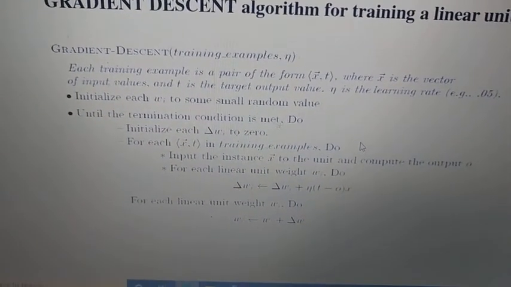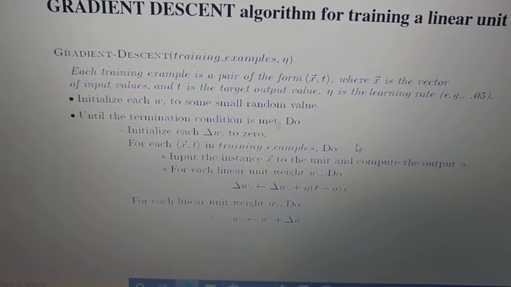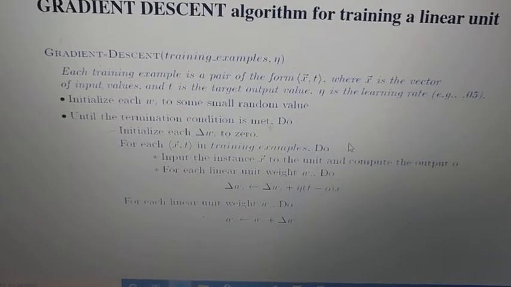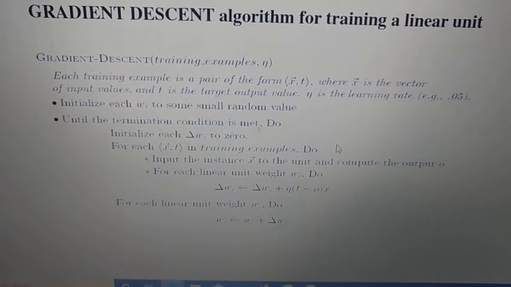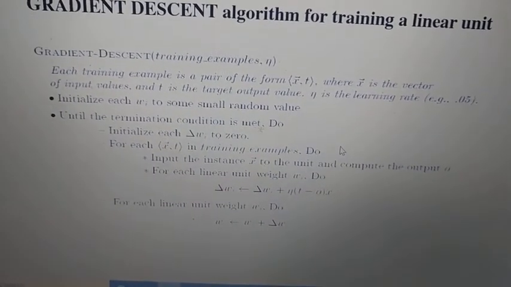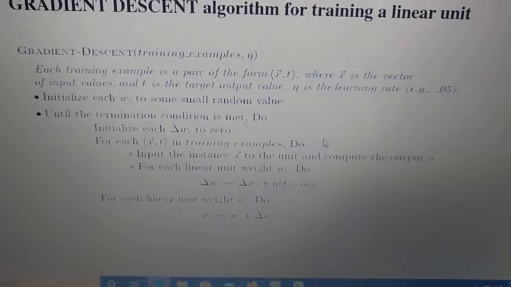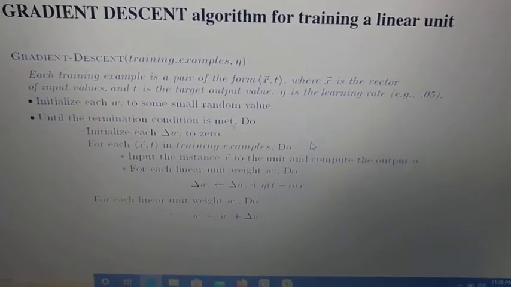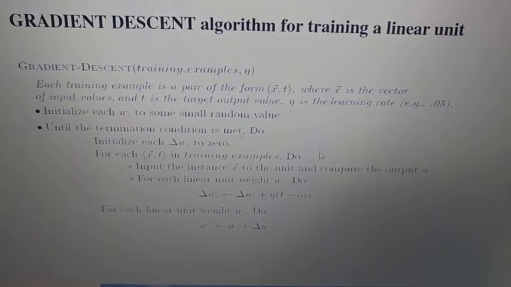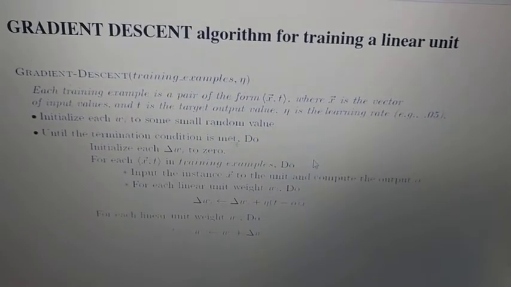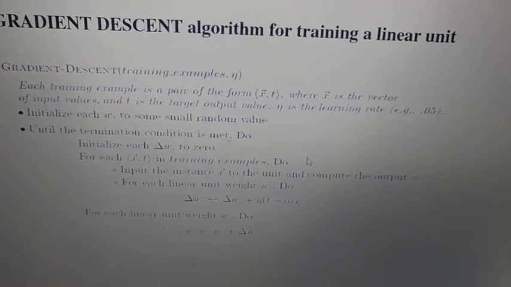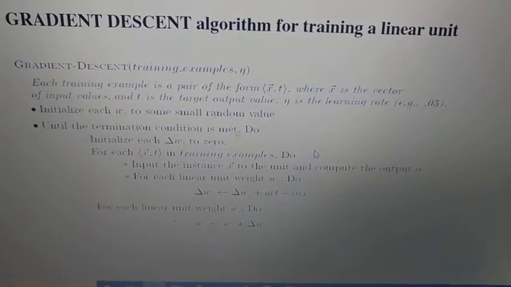Initialize each wi. I can take a value from 0 to n, so the i value depends upon the number of inputs. Initialize each wi to some small random value. We know that in the gradient descent rule, we are going to assume a random value of the weight initially. After that, until the termination condition is met, do: initialize each delta wi to 0, where delta wi